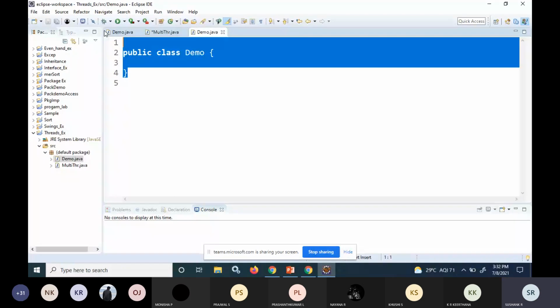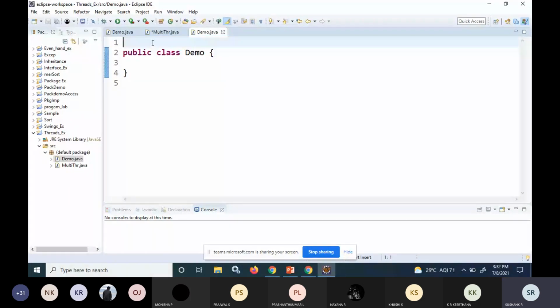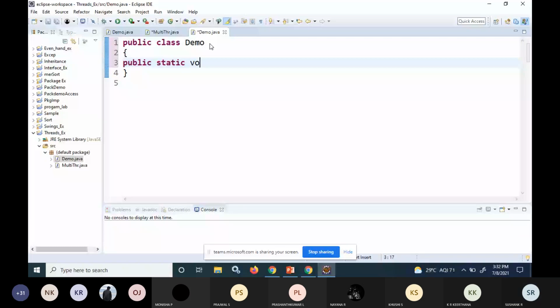Public class demo, after this, public static void main, String args. See, here I'm not creating any thread, so I'm not extending the Thread class or implementing the Runnable interface.